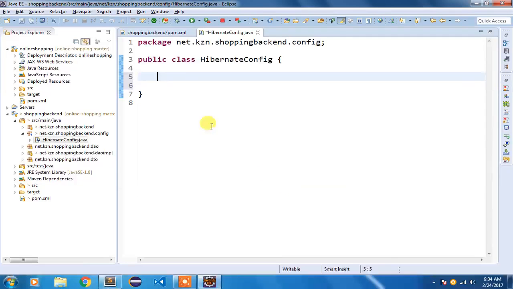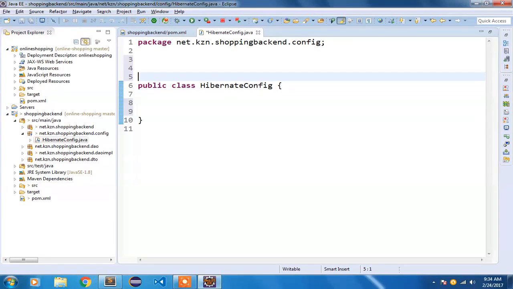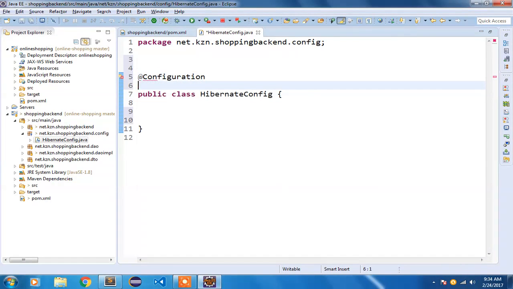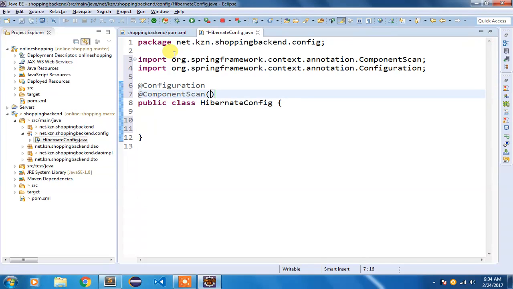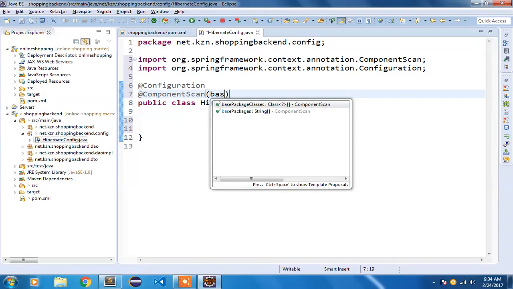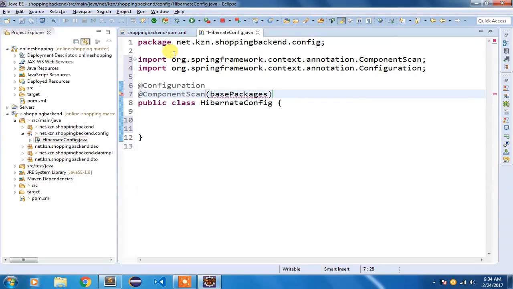So let us quickly go to our Hibernate config class. We'll put @Configuration, @ComponentScan, so Control Shift O, and you can see we have added that annotation, and here we need to say, okay, basePackages is equal to, within curly brackets I'm going to say the base package is